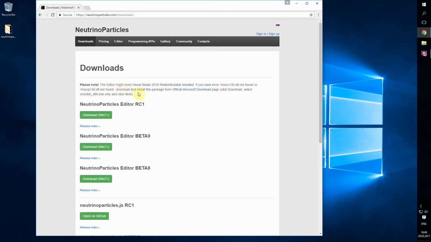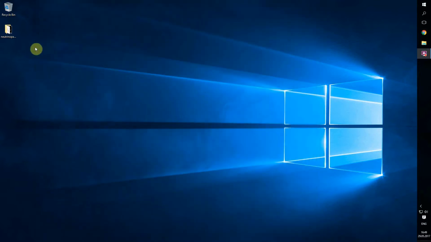Also, please note that you might need a Visual Studio distributable package, and if you have some troubles and an error like MSVCR something DLL not found, you will need to install that package. Download and install it from the official Microsoft web page. So after you downloaded it and unpacked it, you will have